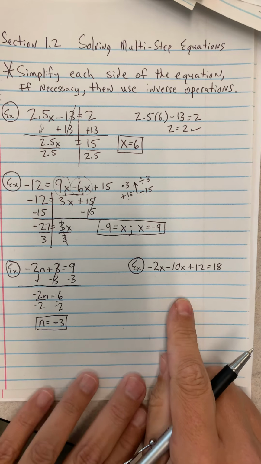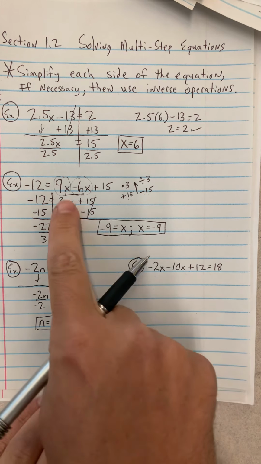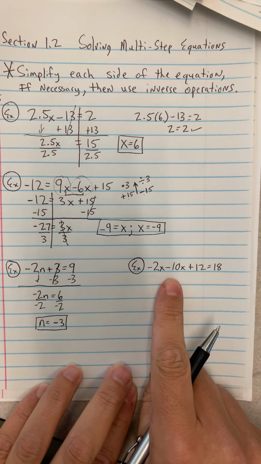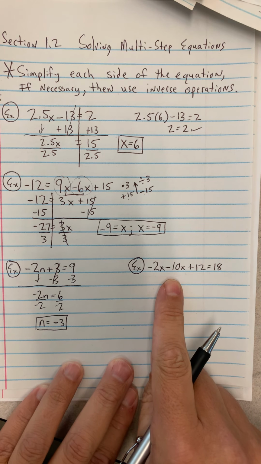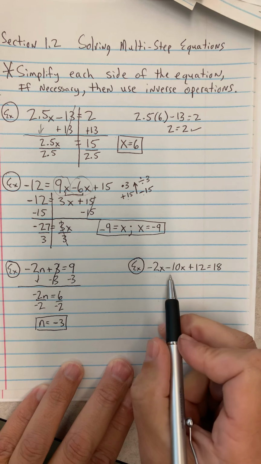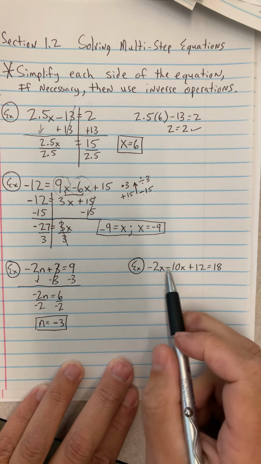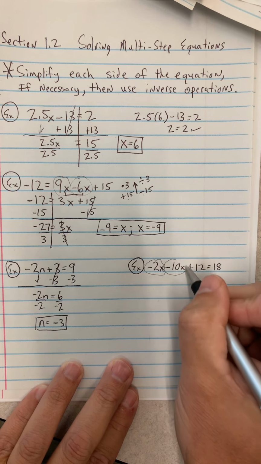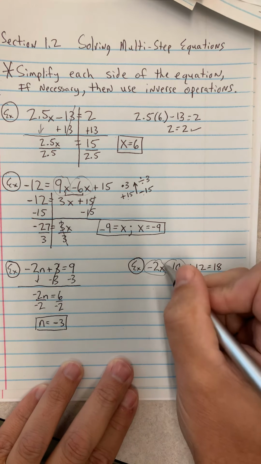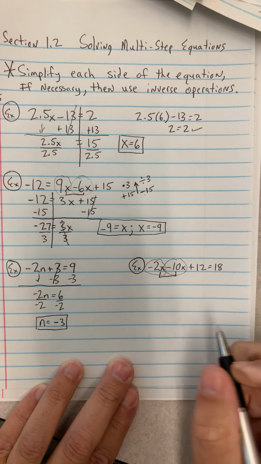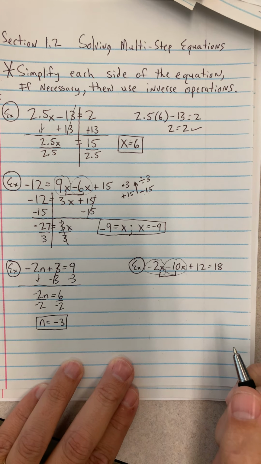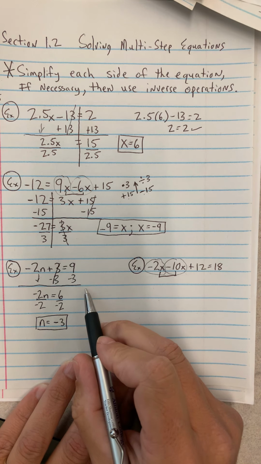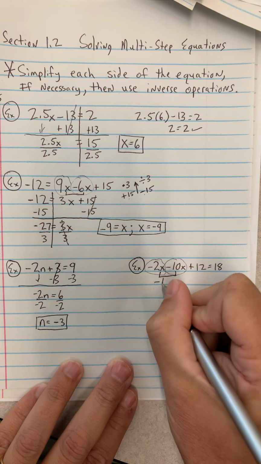This one, just like our second example over there, I've got some like terms. Combine them. Simplify first, just like our statement at the top. Simplify each side first. I definitely can simplify the left here, but not the right. And I've got some like terms, those right there. -2x subtract 10x. I'm at -2, and I'm going to the left on the number line 10 more. That would put me at -12x